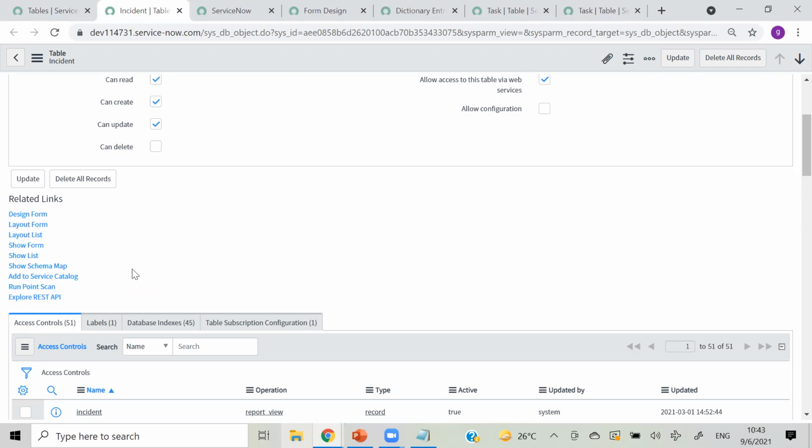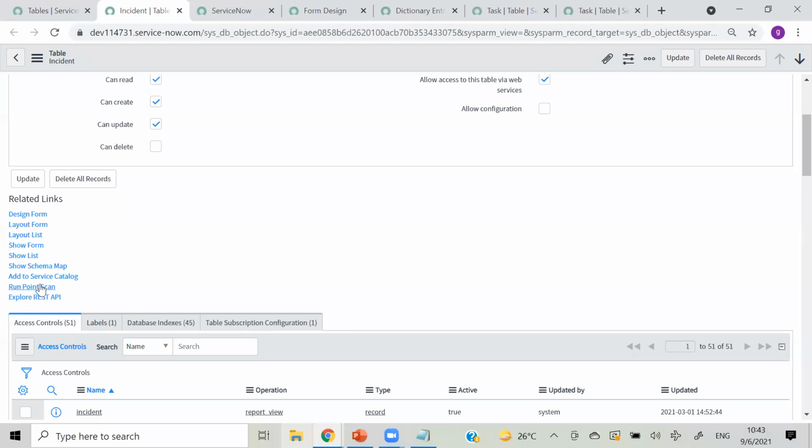If we have a service catalog related to, say, I want to request a laptop, there will be a service catalog where we can request a laptop, right? If you want to create a service catalog based on the incident table, you can directly create that from here. Select fields from this table to create a new service catalog item. You can click on this and explore it. That is just configuration, and we will see this in detail when we are working on service catalog.